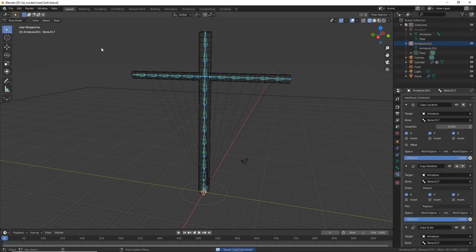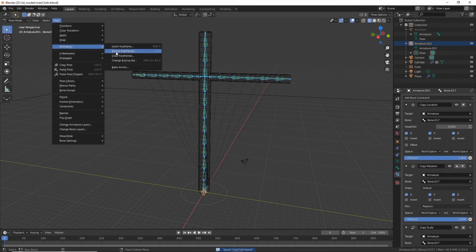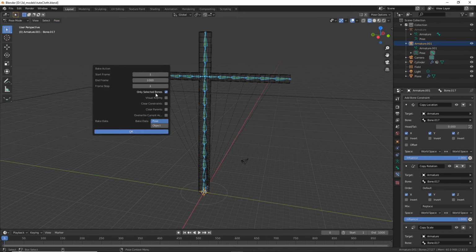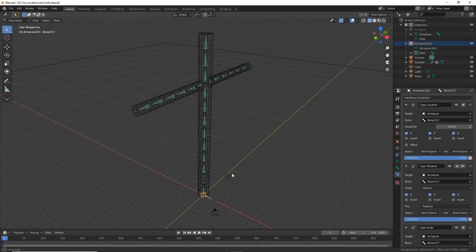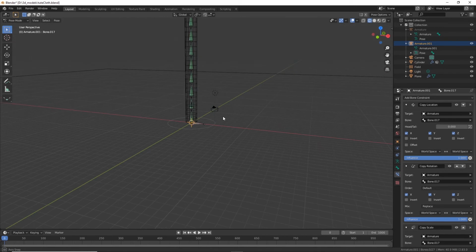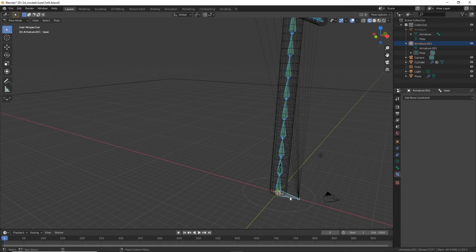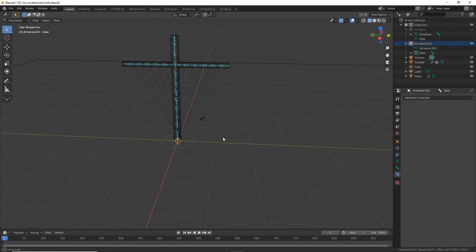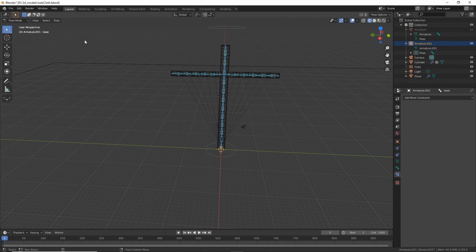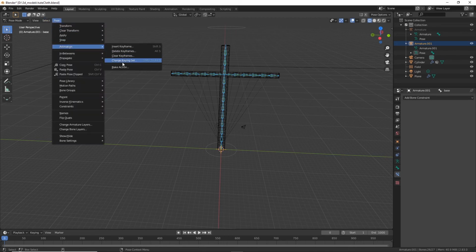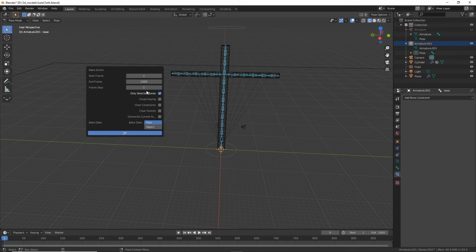Save this, and then go pose, animation, bake action. We're going to do only the selected bones that we have because we've selected all of them. And truthfully, we don't have a constraint on this one, so we can leave it alone. So I'm going to drag select all of these and not select the base, just because we only want less keyframes. So go pose, animation, bake action, leave it at 1,